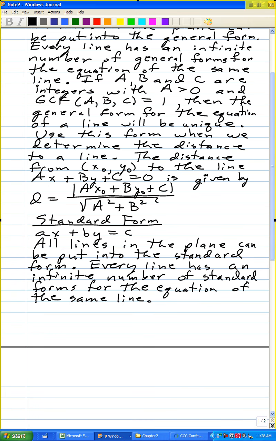And so again we usually put a restriction on the coefficients a, b, and c so that we only have one standard form. So if we can find a, b, c, and these are all integers,